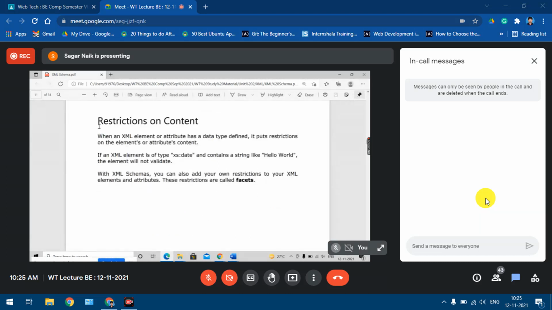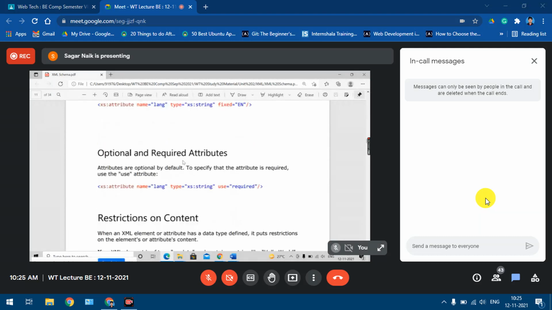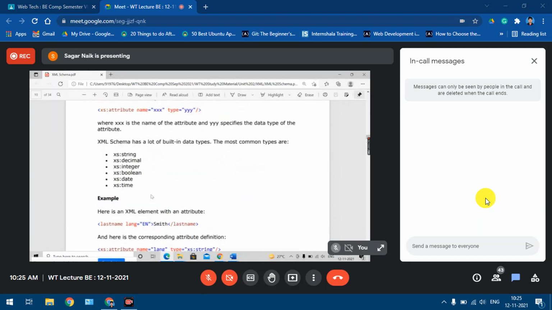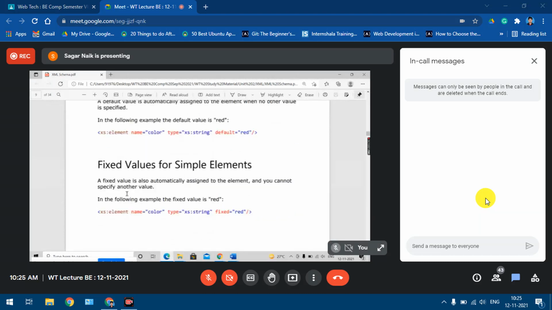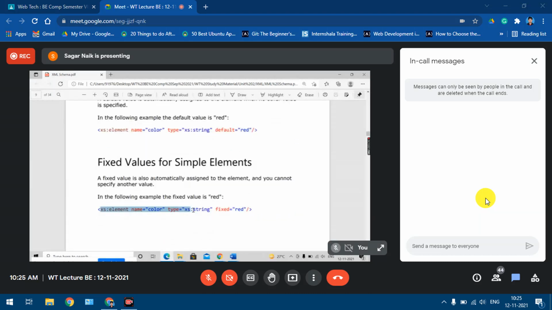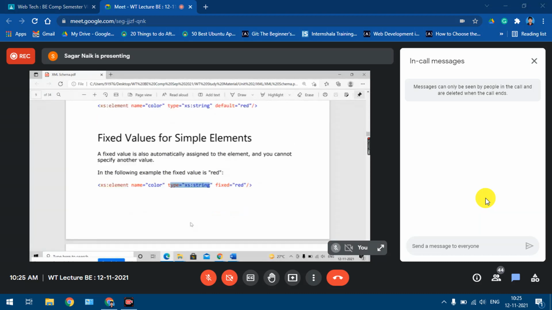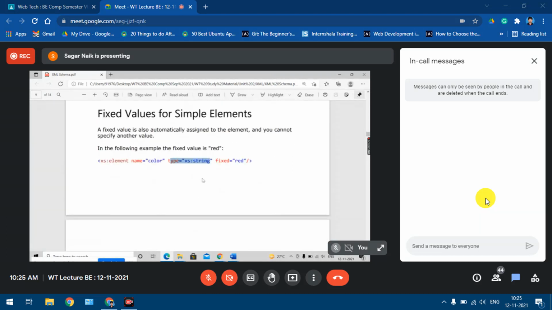And then we went to some kind of restrictions, or some more constraints. When we use XML schema and write definitions like xs:element name equal to color, type equal to string, by using this data type we are already imposing some restrictions. We say that the data has to be a string. It cannot accept a number or anything else. So first of all we are imposing some restrictions for validation purposes.